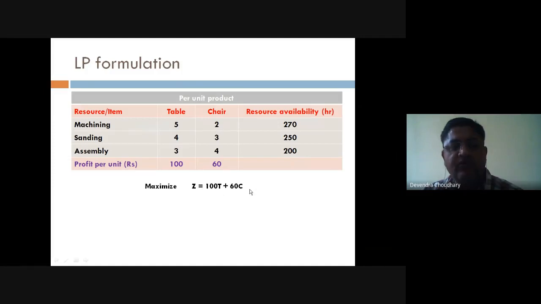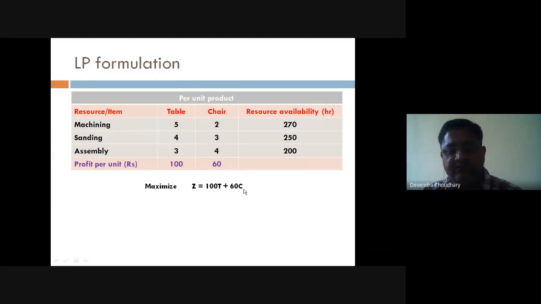So total profit would be 100 multiplied by the number of tables we are going to produce plus 60 multiplied by the number of chairs we are going to produce. And this is our objective function, and we wish to maximize this objective function Z, that is equal to 100T plus 60C.